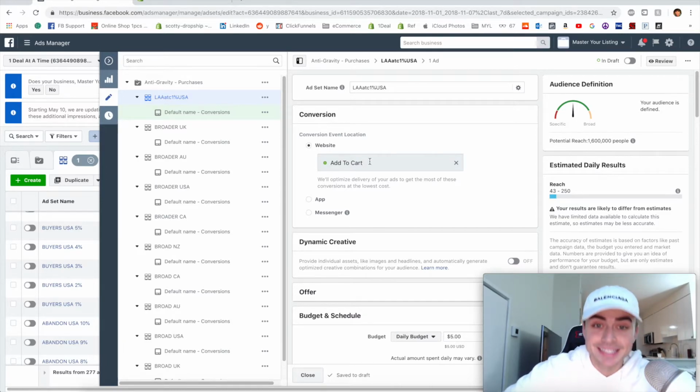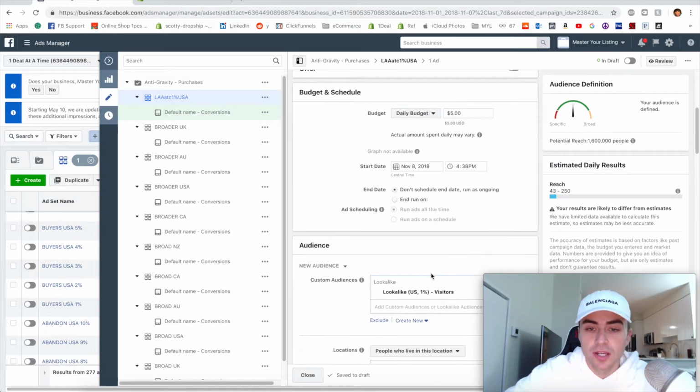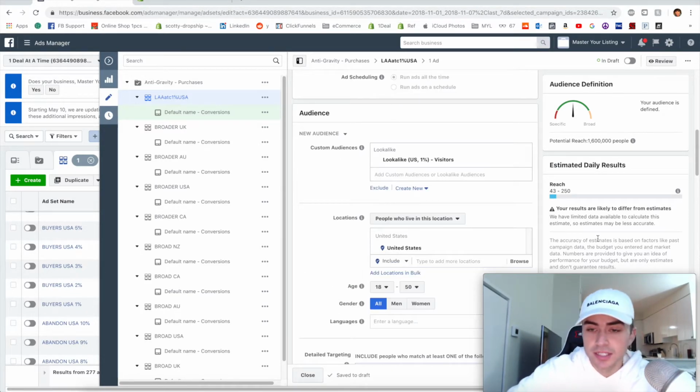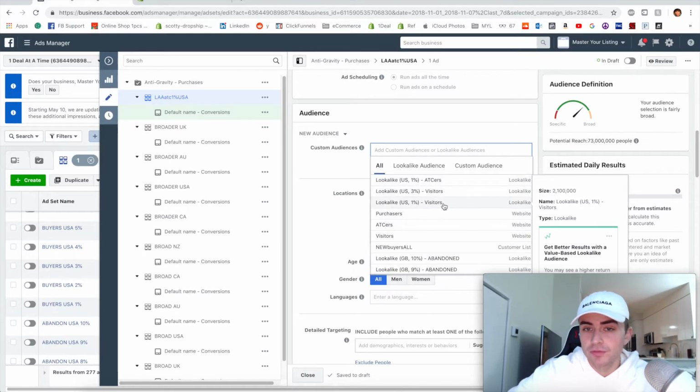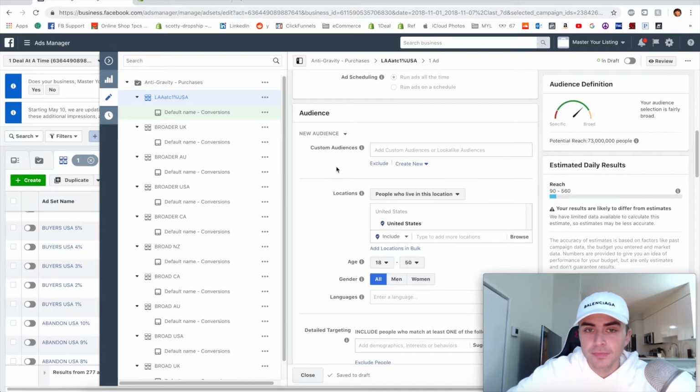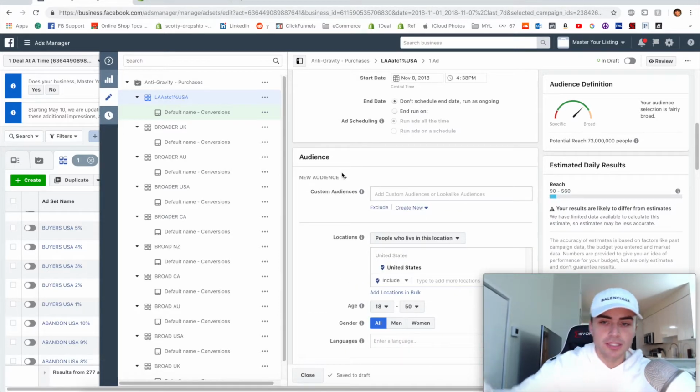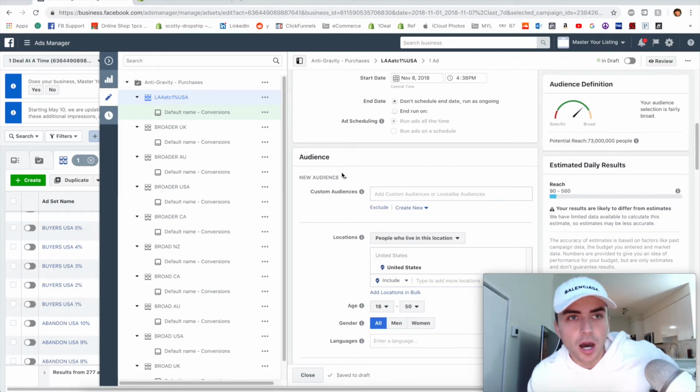I would add the add to cart conversion with the add to cart lookalike audience, launch this, and then also come back, duplicate it again, and then launch a visitor one under the 1%. And then you guys want to keep doing this, and you just keep refreshing those audiences until you get to that 20 to 30 purchase mark. And then once you're hitting the 20 to 30 purchase mark a week, then what you're going to have to do,